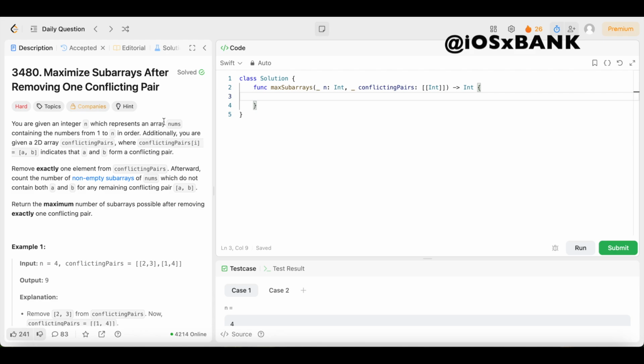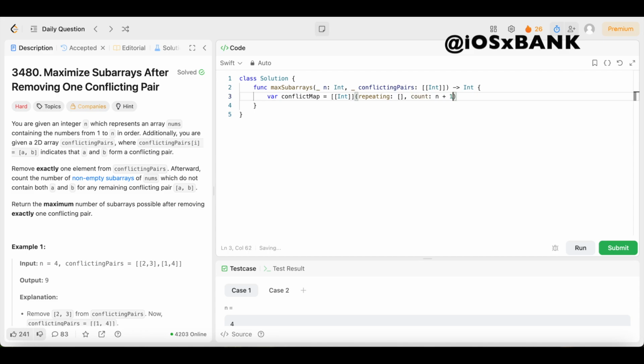Let's get into it. The first thing we are going to do is create a variable which is going to hold two pointers such that L, R is a conflicting pair. So we're going to map out our conflicting pairs by declaring a variable called conflict map, and we'll set that equal to a 2D array of integers. We're going to come outside of those square brackets, open up the parentheses. It's going to be repeating: start with a blank array, comma, count, and we're going to go up to